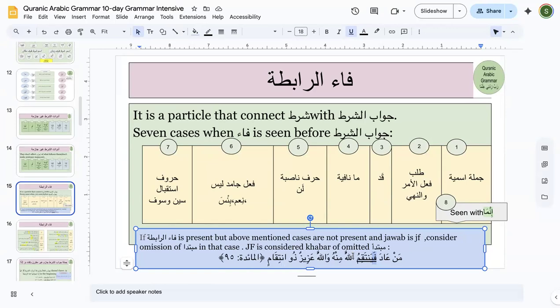Okay, when there is fa there, it is not going to let any change happen afterwards. Remember that whenever there is a fa, keep this point in mind. We have done it very many times in our class, that if there is a fa, then even if the man is from adwatu shart jazima, if there is a fa in the beginning of the jawab, you will not see a change in status. You will not see mudari in the majzoom form, if that makes things clear. Everyone with me so far?